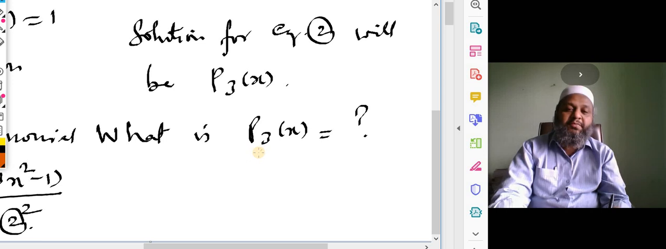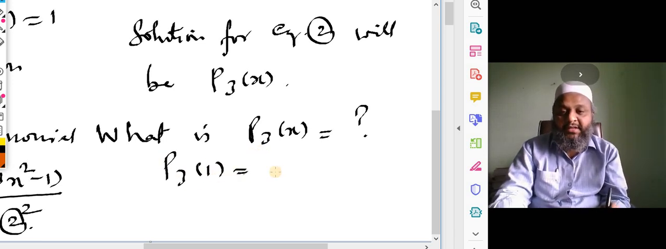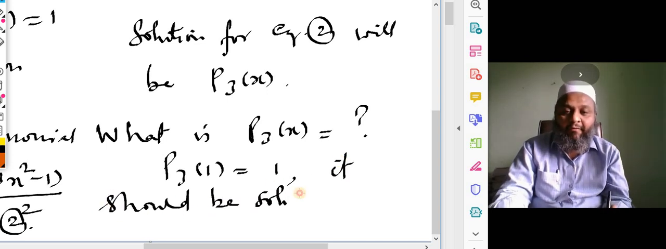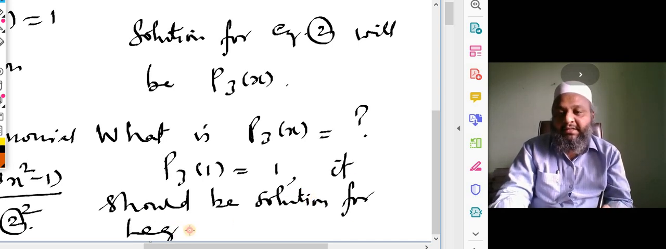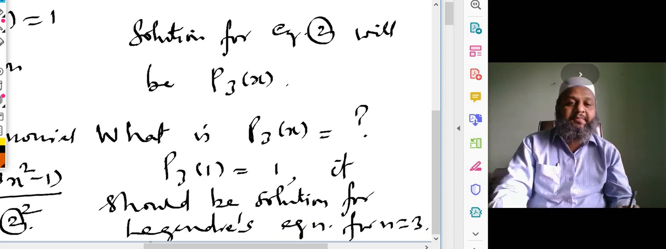p3 of x should be a polynomial, and it should be such that p3 of 1 must be equal to 1, and it should be a solution for Legendre's equation for n is equal to 3. Now